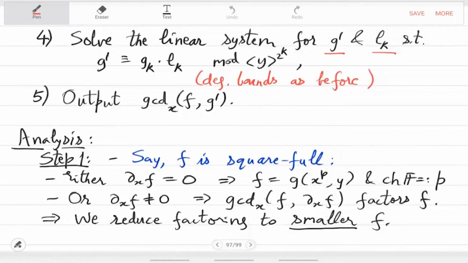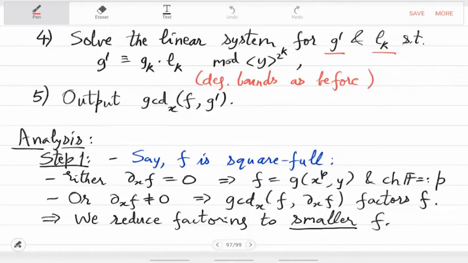So the claim is that this algorithm works. If f was reducible, then our step 5 will give you a factor of f. All the steps we have seen, and we have also given the time estimate, is clearly deterministic polynomial time. There is no randomness involved. Any questions? So last time we saw that if f has a factor, let's say g, then this g prime